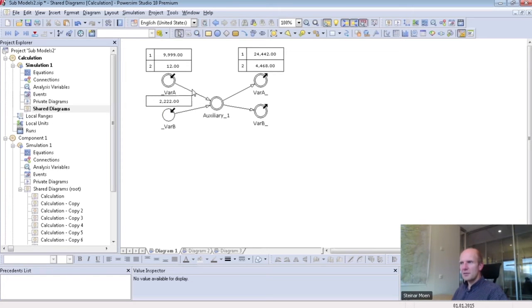As you see here, this submodel now easily handles the fact that one of the inputs is an array and the other one is a scalar. It also handles that this one could have 2 dimensions and this one scalar,